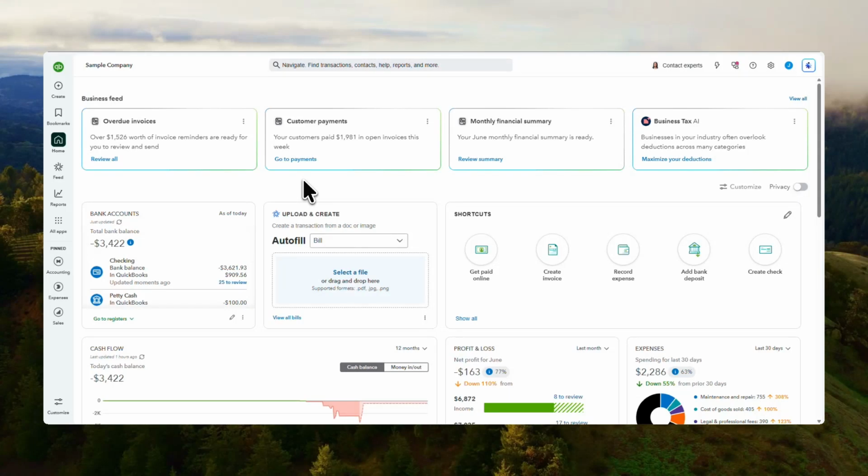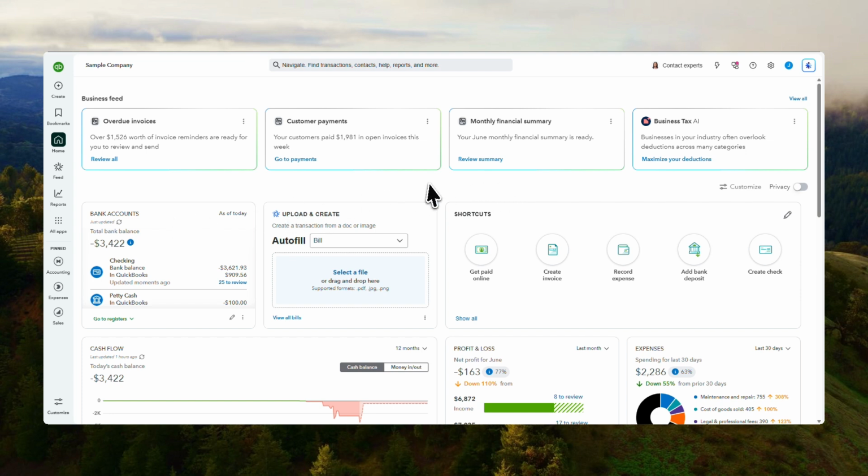In today's video, I'm going to teach you how to find and remove duplicate transactions in QuickBooks Online. If you've ever noticed the same transaction showing up twice in one of your accounts, don't worry. This is a fairly common issue, and the good news is that it's usually very quick to fix. In this walkthrough, I'll show you exactly where to go in QuickBooks Online to locate the duplicate entry and remove